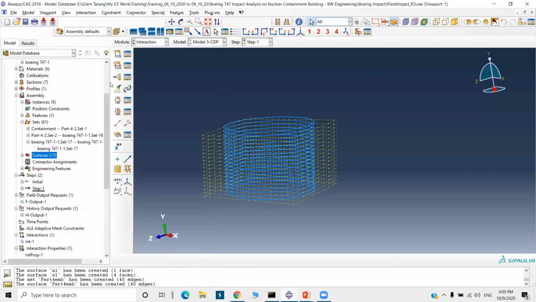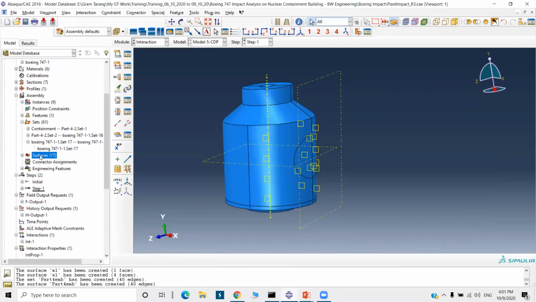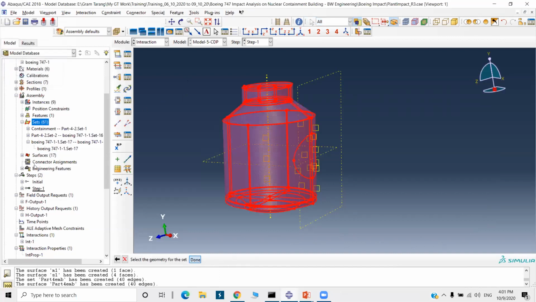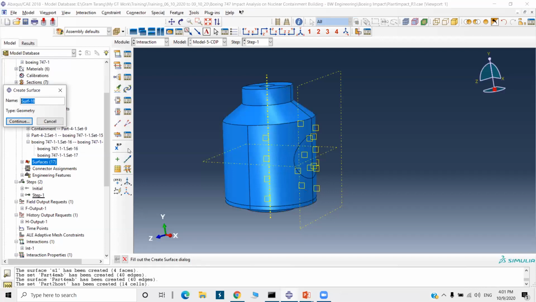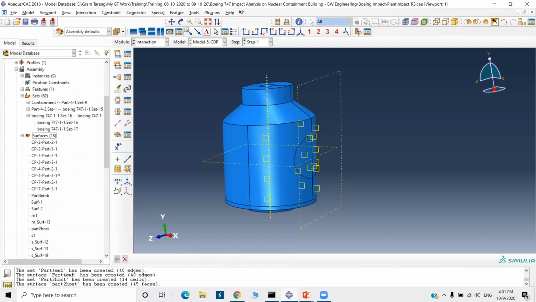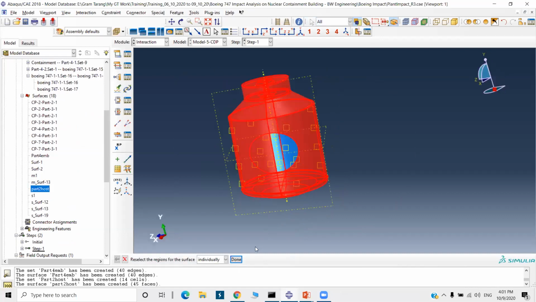Then go to display group and then select part 2. Replace the create one set for this part 2. One surface.